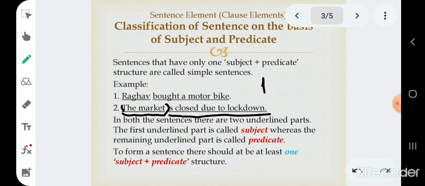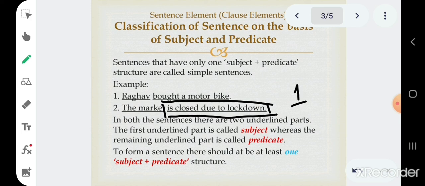And the portion from is closed due to lockdown, this whole portion is the predicate. It is called the predicate. There is only one predicate. So one subject